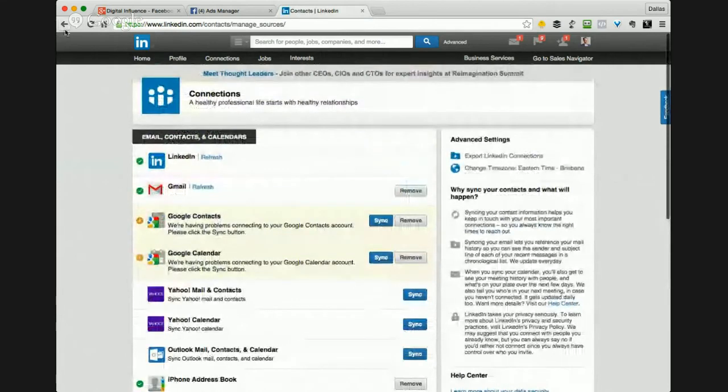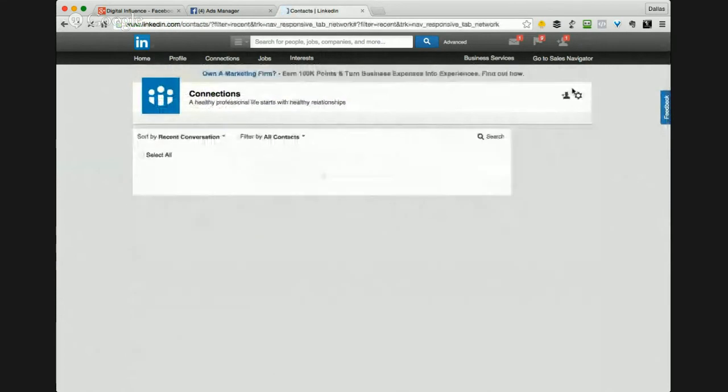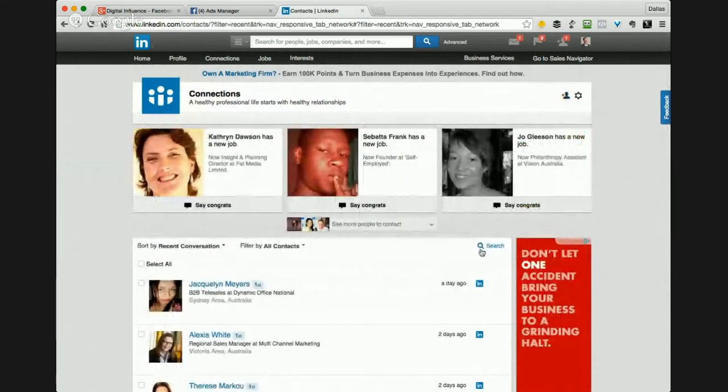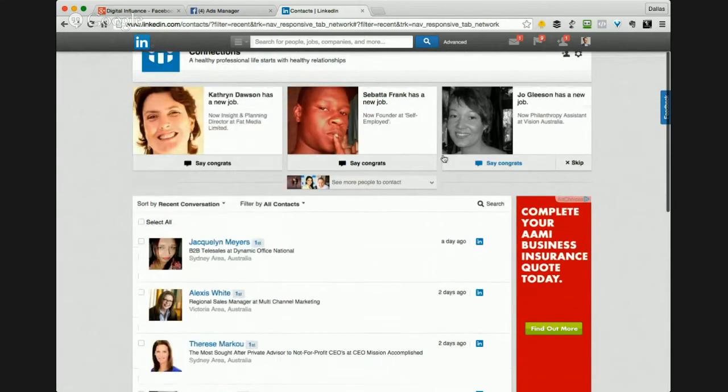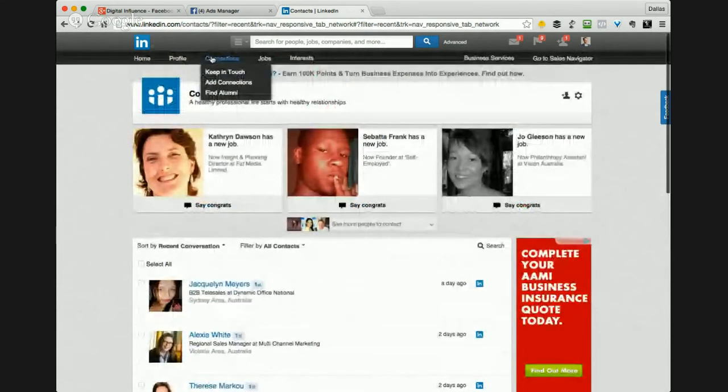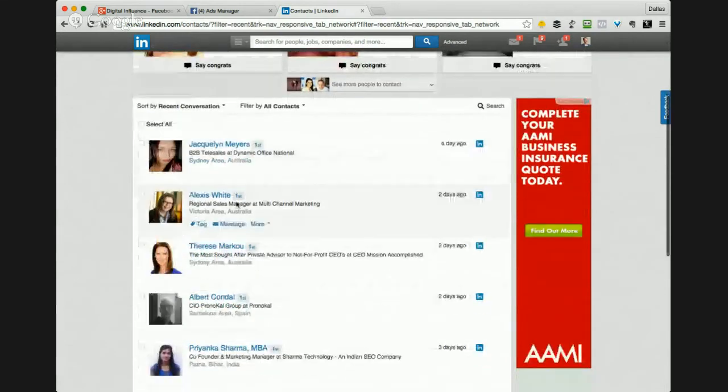Okay, they might have changed it a little bit. They have changed this layout. I'm just a bit concerned they've blocked this.